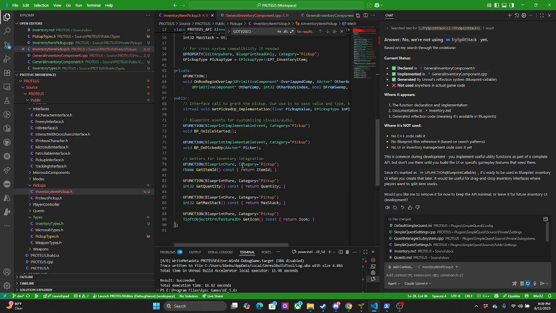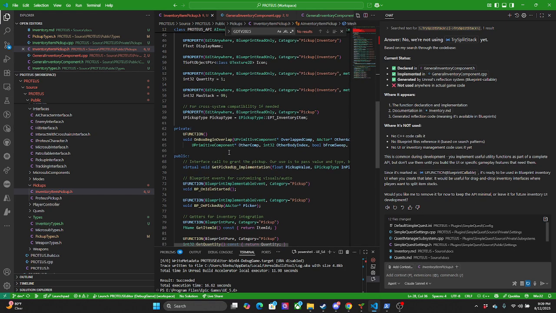So we got a BP on picked up. Do we have these on the begin overlap? So when we hit the collision box, it should fire. We've got the implementation now in the class, so we're going to want to look at that.